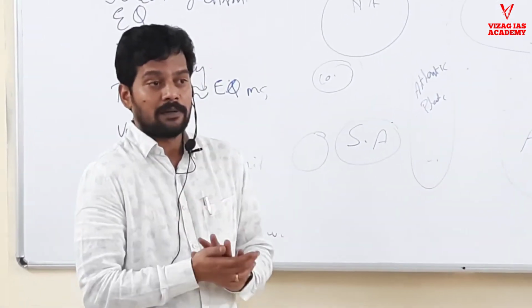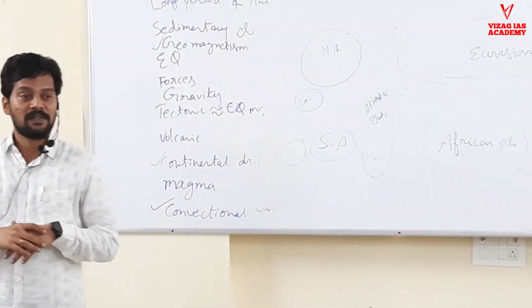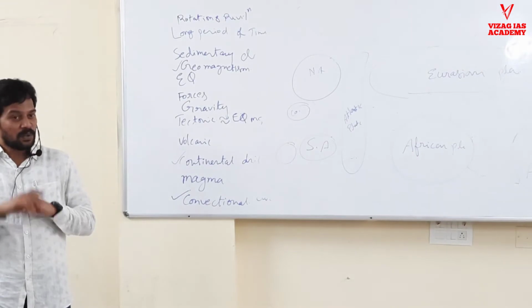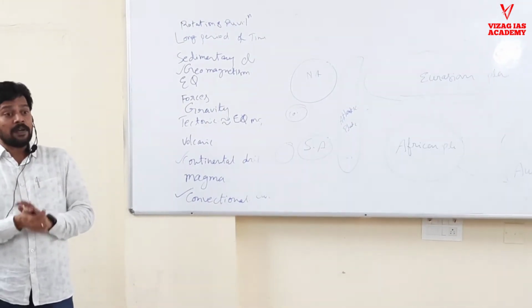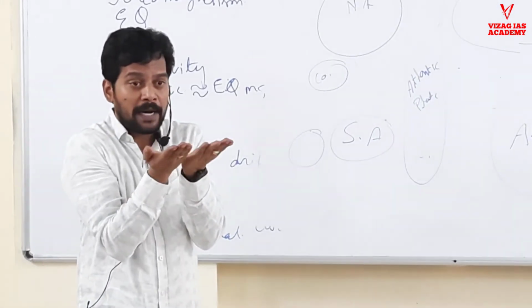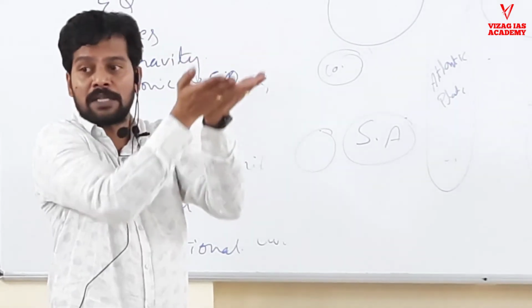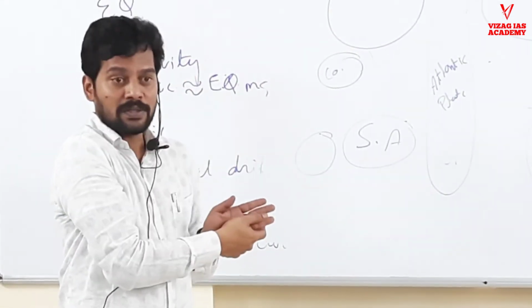It is broken. You can ask why it is not visible then. Lithosphere width is how much? 100 kilometers. You cannot see that. But even when they are broken, there are some interactions happening between the plates which are separated. Because of that interaction only, some landforms are there now. That is what we are going to study.